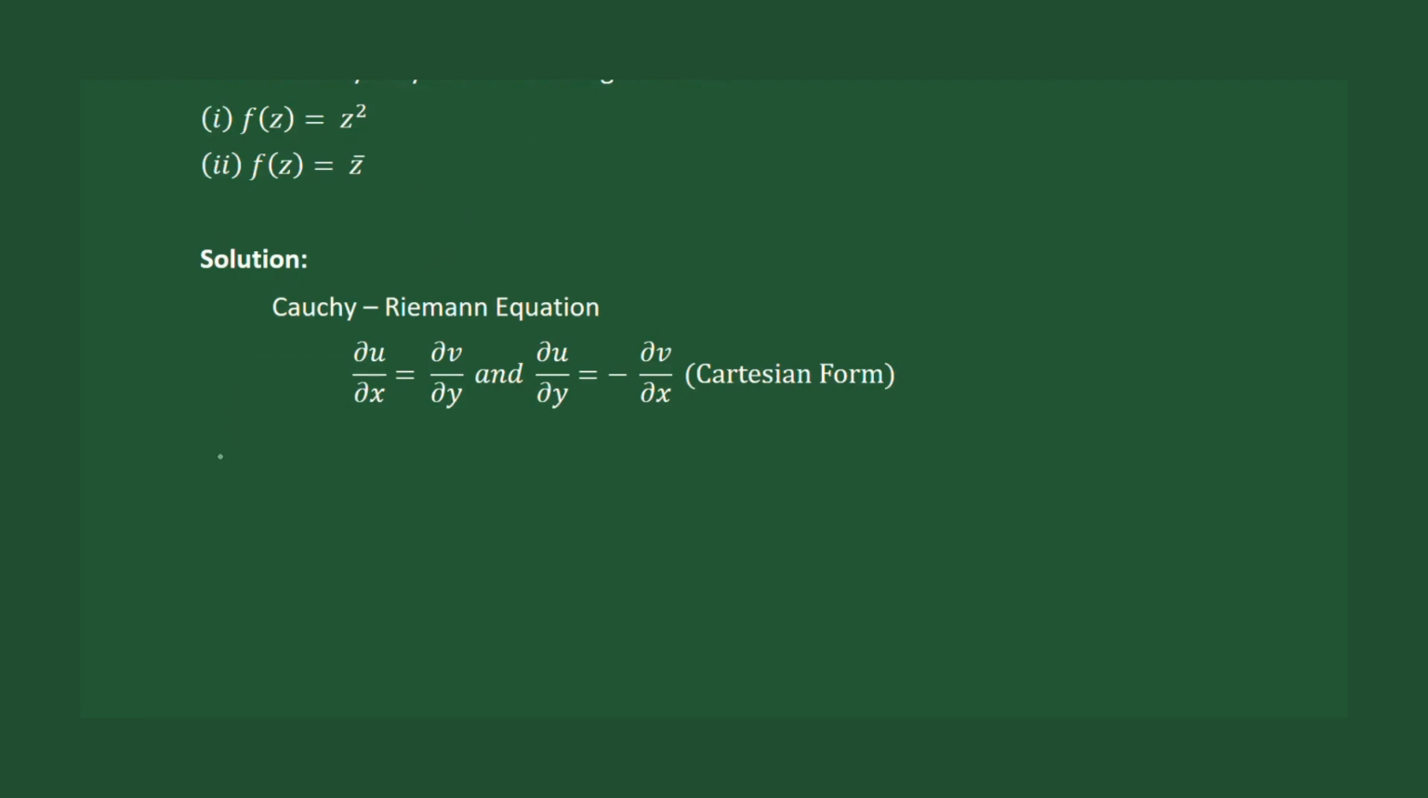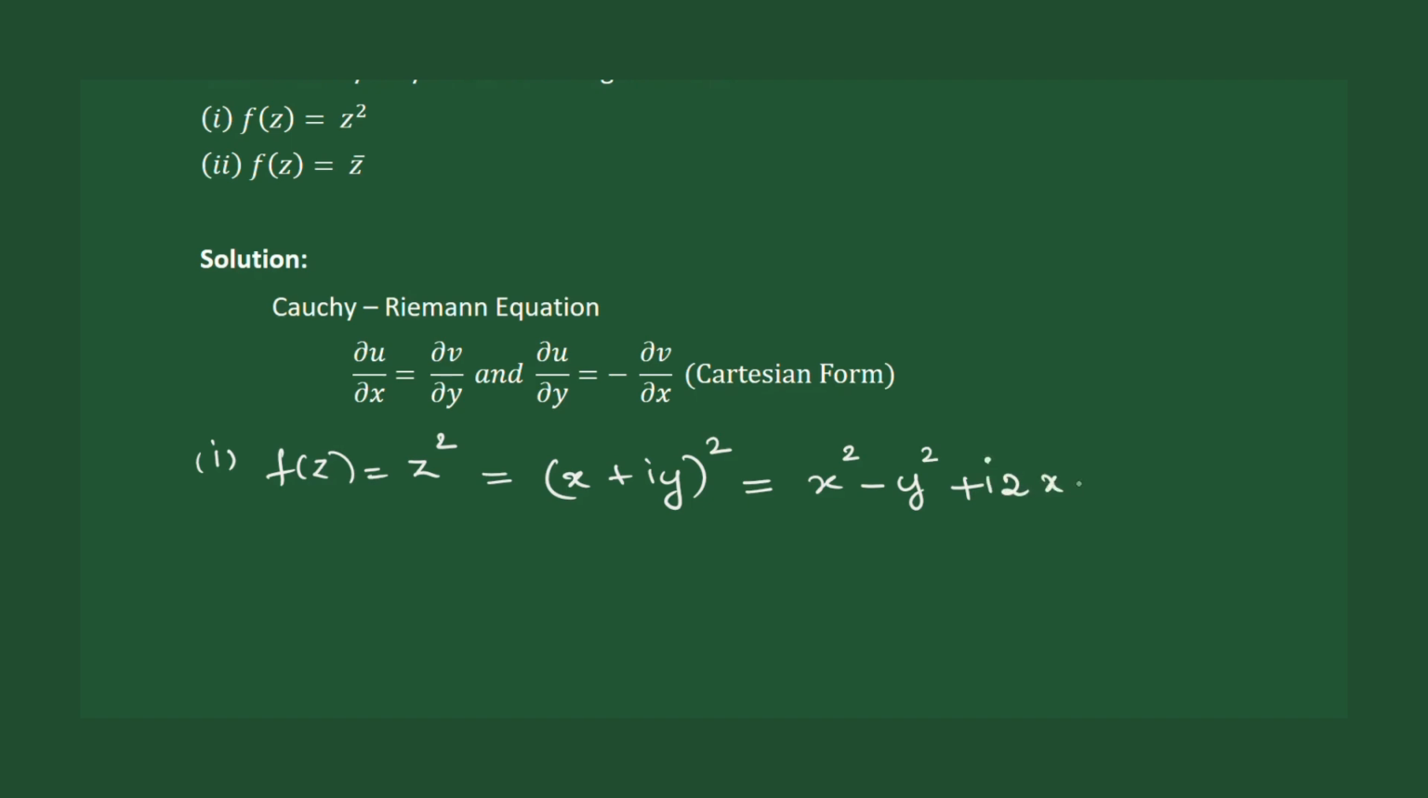So now let us start with the first question, that is f of z is equal to z square. Here z can be written as x plus iy. Since it is z square, we can write it as x plus iy the whole square. Using the a plus b whole square formula, it becomes x square, iy the whole square gives minus y square because i square is minus 1, plus 2 times